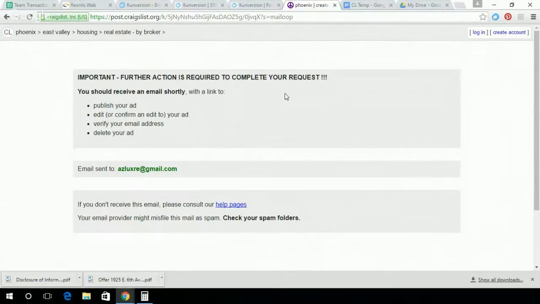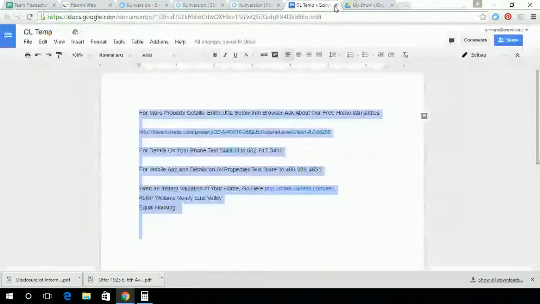If you get the message that looks like this, that means that further action is required and you need to go into your email and verify this ad. Once you verify this ad in your email a couple times, it might ask you for a code that you text in. You just enter that code and then it'll stop having you verify. The reason it's having me do this is because we do this out of our luxury email account, and I'm signed into my personal Gmail account. Anyway, that's why it does it. If I was in my Gmail, in everything mine, I wouldn't have to do this. So we can close that out.